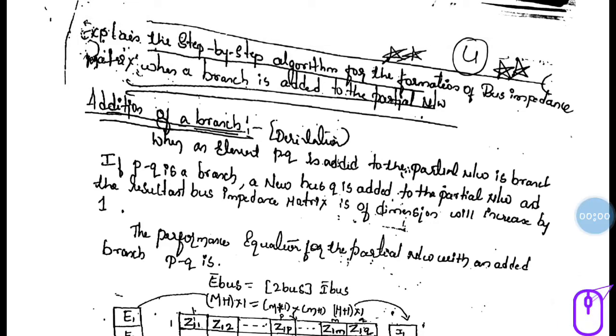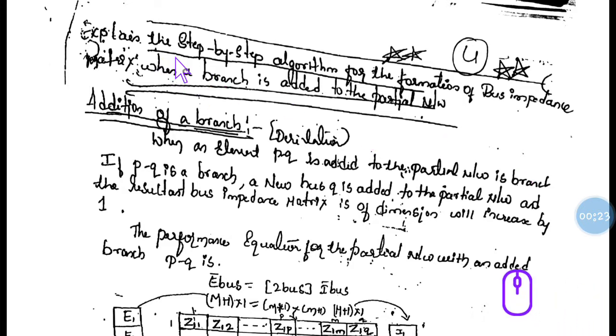Okay, dear students, today's class will be on the derivation of Z bus, as I discussed in previous videos regarding module 5. We have already started this and gone through the building algorithm and basics, and the different modifications, how branches and links have to be added. Based upon that, thorough derivations will be there, for addition of a branch as well as addition of a link.